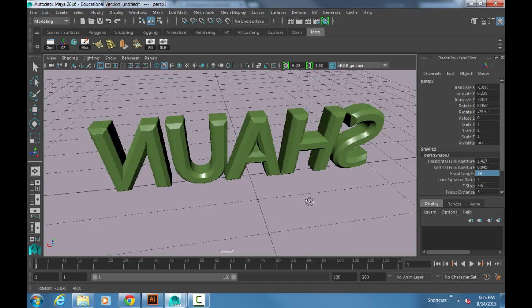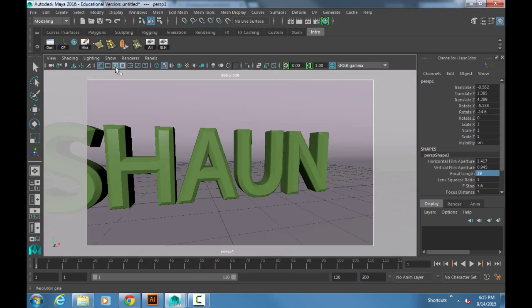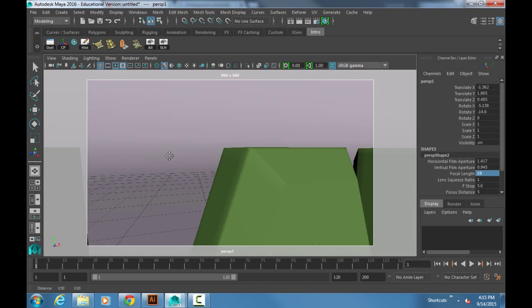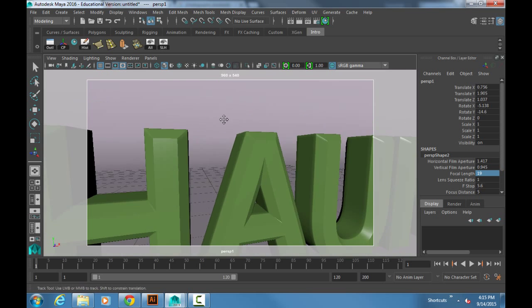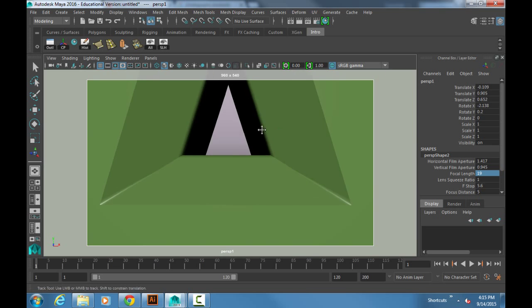All right. So now before I set up my camera and do my final move animation on this, I want to click on this blue ball right here. So this little blue circle that's right under the word show. See the word show? Right under it is a blue circle. I click that. This is what's going to render when we actually render out. Whatever's inside this box. So if I want to make sure that I ride right along the A or right along the top of my letters, that's where I want to make sure that that box is in. So what I'm going to do is go inside the A,